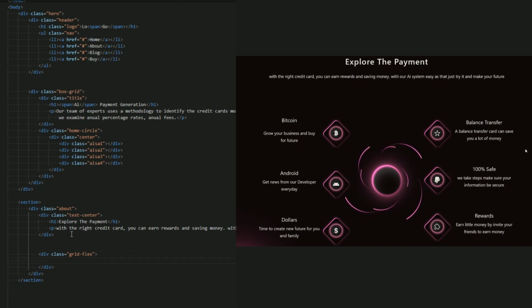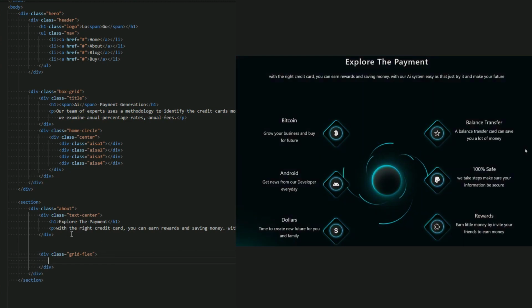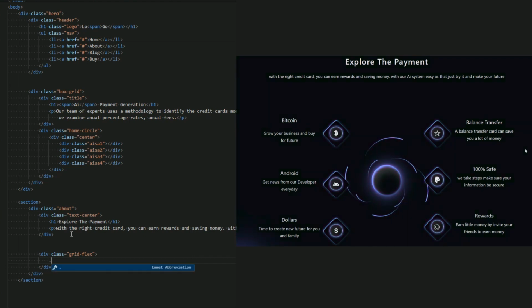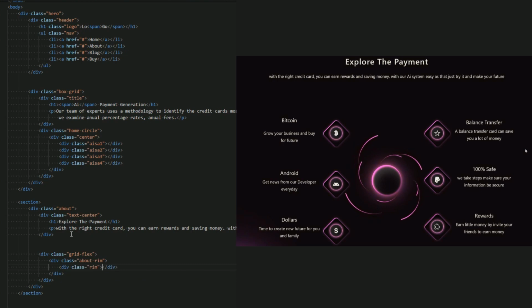Now inside the grid flex, let me just create this box to have a flex direction column to be in the next line for this line and for this text and the icon. So let me just name it about rim, or about row, doesn't matter, but let me just name it about rim. Now inside it, create a box to have an icon and a text. So let me just name it rim, simple name, and now add this text and this icon.